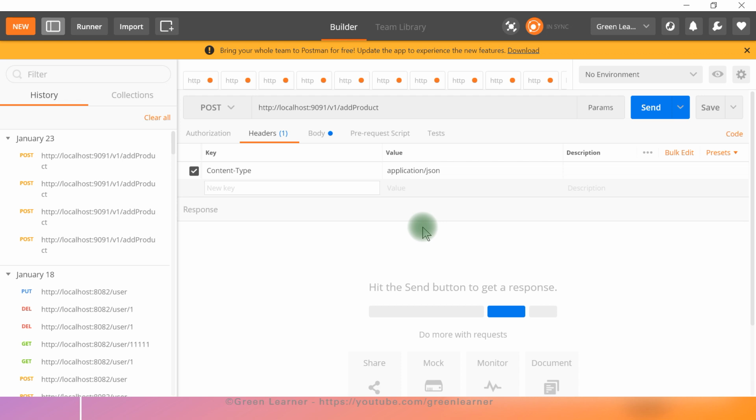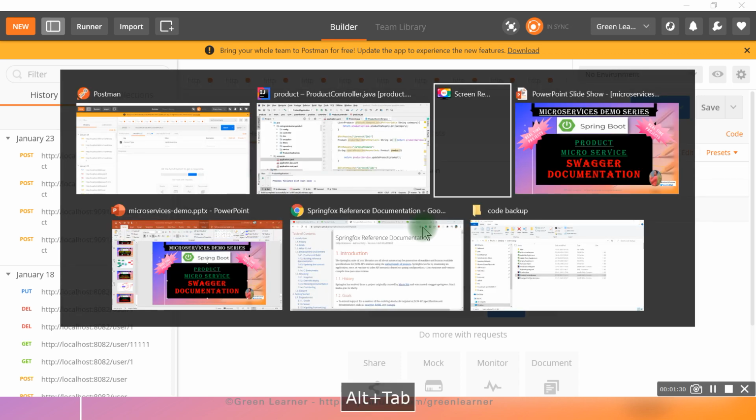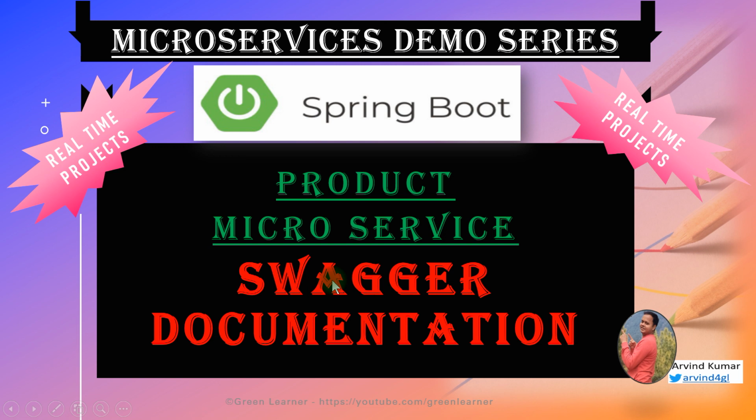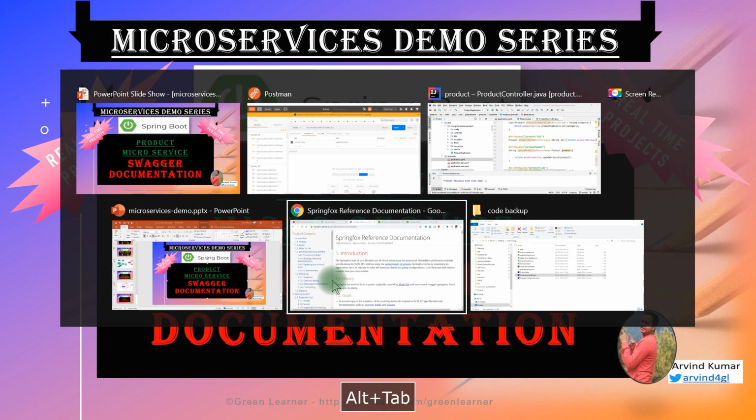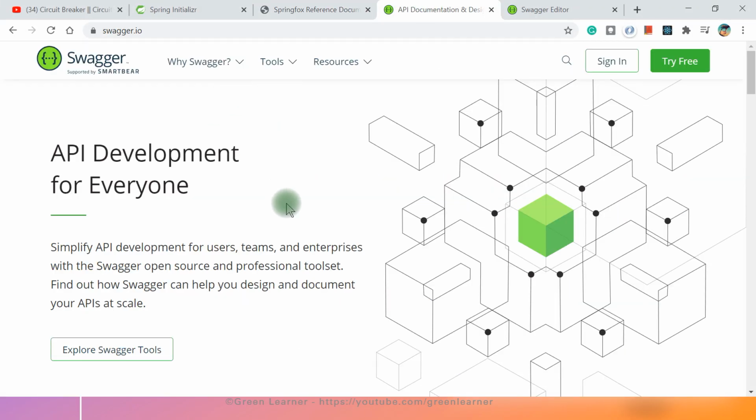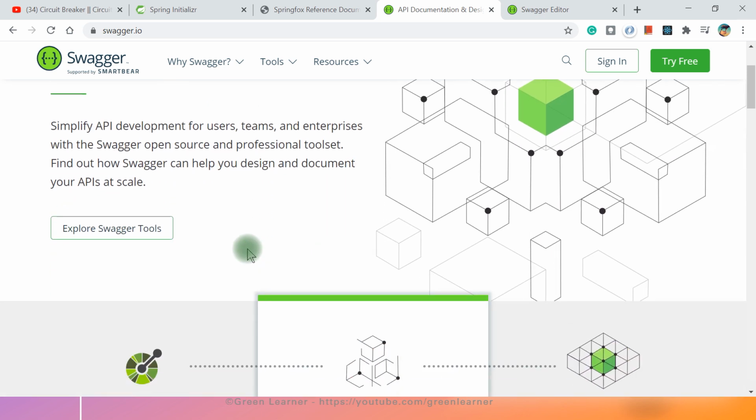So yes, there is one way that we can do that, and that is where Swagger documentation comes into the picture. Swagger in itself is a big term. If you have heard of the OpenAPI specification, Swagger is all about that. If I show you the link here, this is the official website of Swagger, which takes care of documenting the APIs in a standard way that a business person can read and a technical person can also read. So it's all about that.